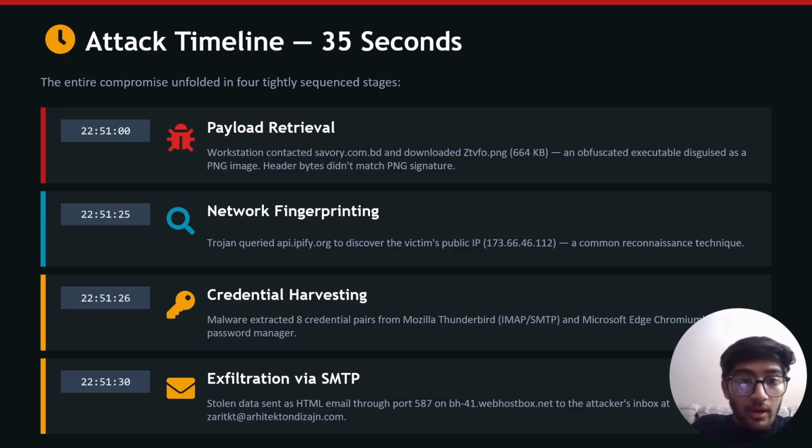The malware enumerated locally stored passwords from two applications: Mozilla Thunderbird for email credentials and Microsoft Edge, the Chromium built-in password manager. It collected 8 distinct credential pairs in total. The Trojan packed everything into an HTML email and sent it through SMTP port 587 on the server webhostbox.net, using a hijacked mailbox, directly to the attacker's email at